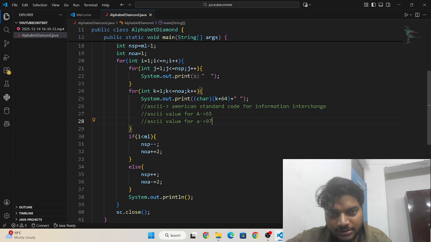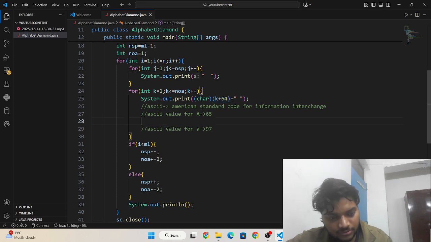So k is already initialized by 1 here, that's why to get 65 I have to add 64 to k, because it starts from 1 only. So k plus 64 is the ASCII value of A.